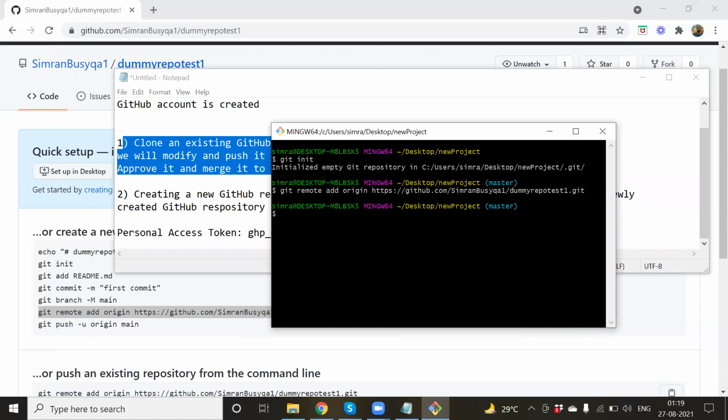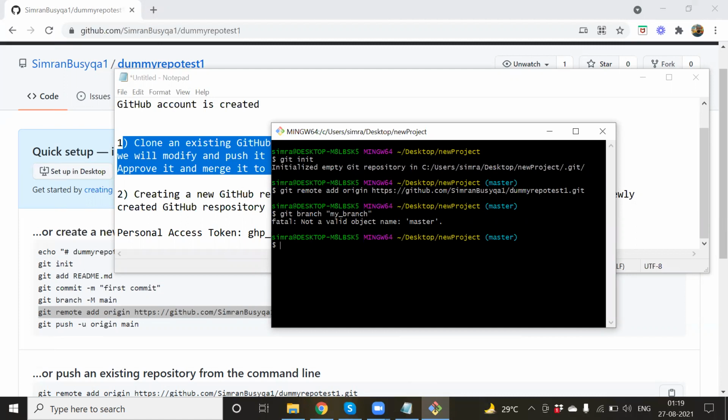And maybe I don't want to push it into the master. Maybe I want to again do the same thing. I want to create a branch, my branch. Okay, and what about the object name? Okay, there's some problem here.